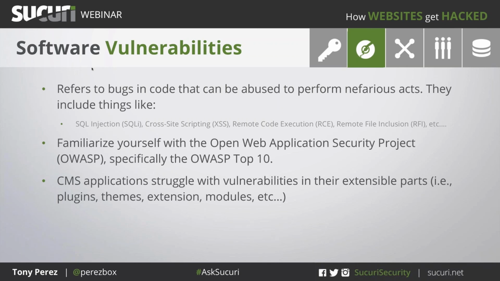Why? Because vulnerabilities have always been there. Vulnerabilities are not going away, right? Vulnerabilities exist because we as humans introduce errors into how we do things, and that's just natural. And so we can't say, oh, I want code or I want a plugin that has no vulnerabilities. You're already thinking about it incorrectly, right?